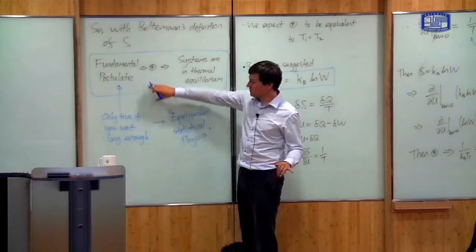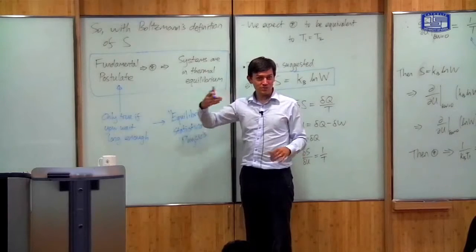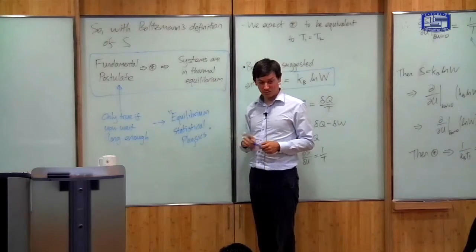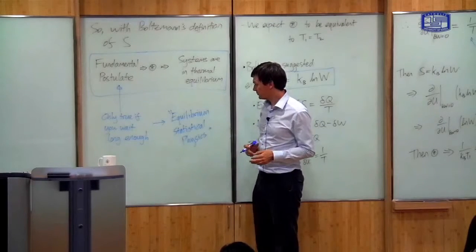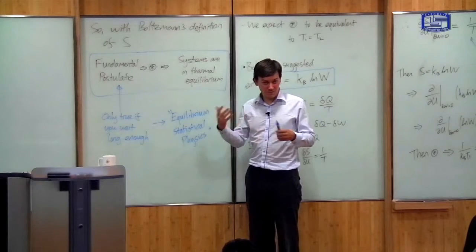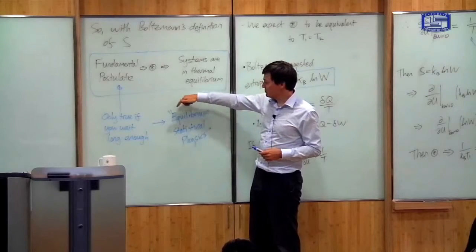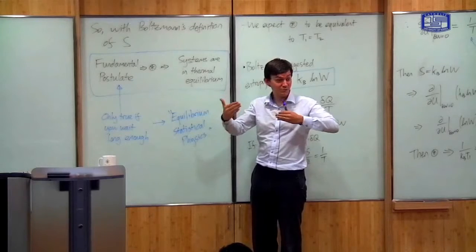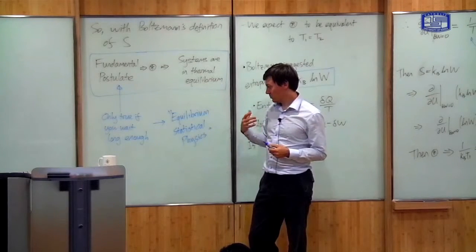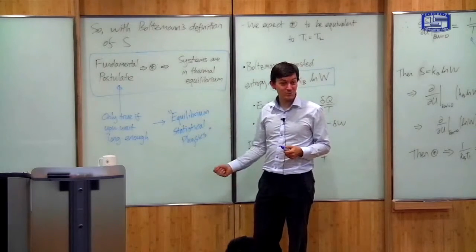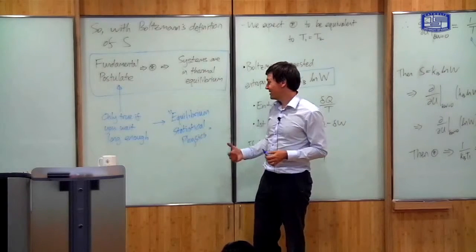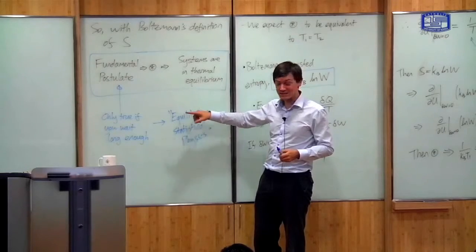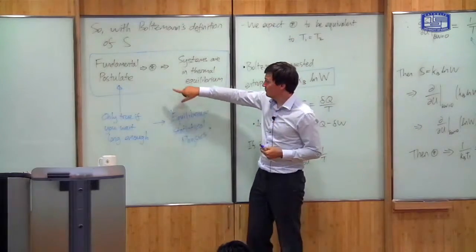In other words, by assuming this postulate is true, we've assumed that the system has had enough time to thermally equilibrate. There is also a very large body of physics on non-equilibrium statistical physics, so how do systems behave when they're not in equilibrium? Although it's very interesting, we won't talk about that in this course. So in this course, we will only study the equilibrium case. That means we will only study the case where we have waited long enough for this to become true.